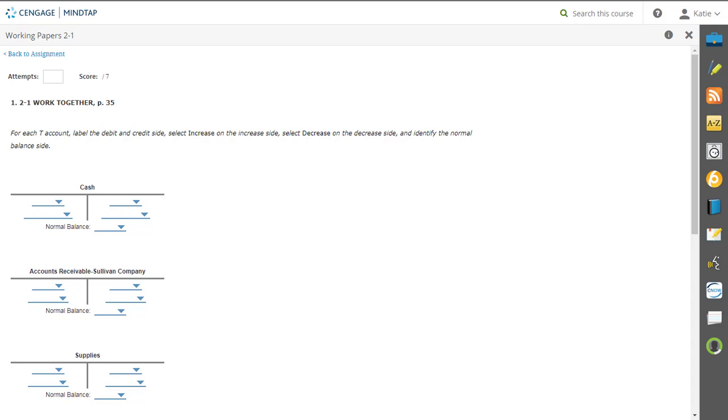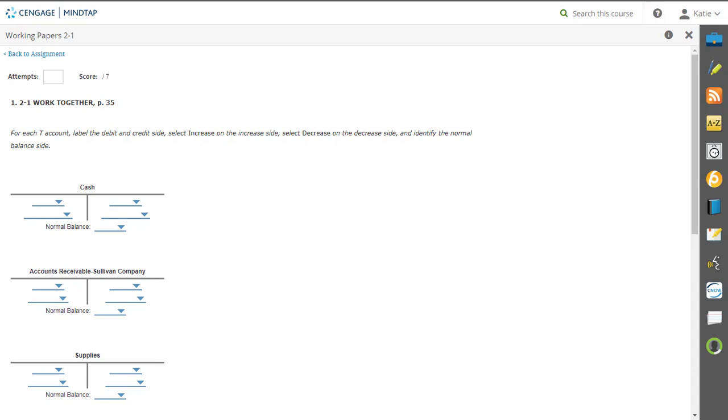So you will notice that we have individual T accounts, because yesterday we took the accounting equation of assets equals liabilities plus owner's equity, and we made that one big T account. We were right over there, right above Sabrina and Melina's head. We have the giant T account, and then we went through and put in sub-T accounts for individual accounts. And the biggest thing that you need to remember is